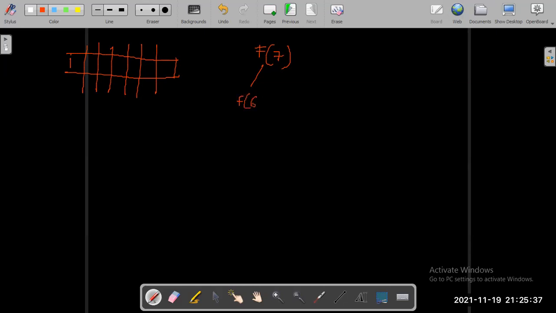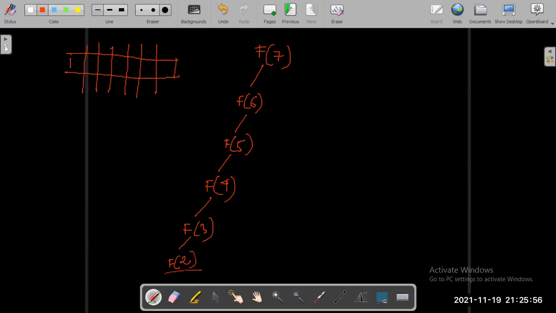F of 6 first. For calculating f of 6, what do I require? F of 5. For calculating f of 5, what do I require? F of 4. For calculating f of 4, what do I require? F of 3. For calculating f of 3, what do I require? F of 2 and f of 1.